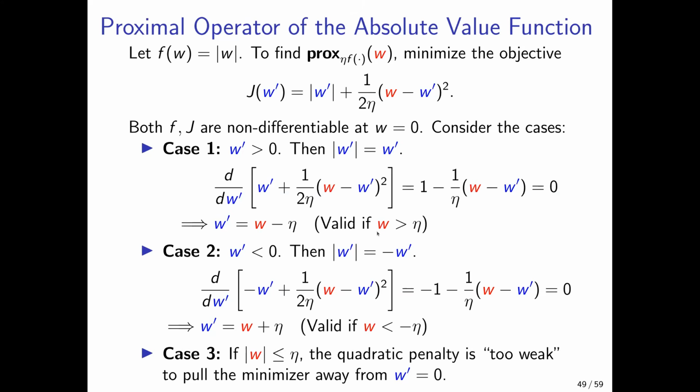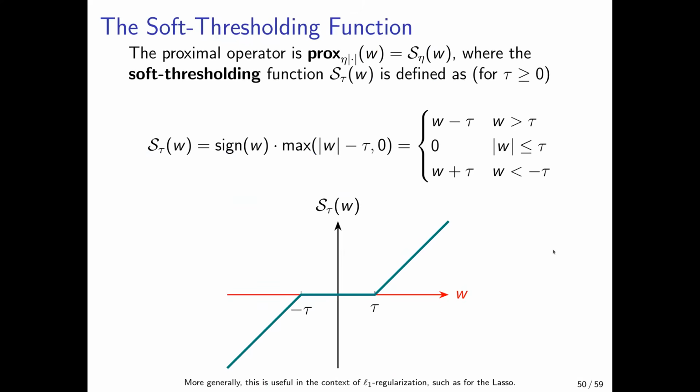In this way, by case distinctions and comparing function values, we can actually find a closed form solution of the proximal operator. It turns out that this proximal operator of eta times the absolute value function is the soft thresholding